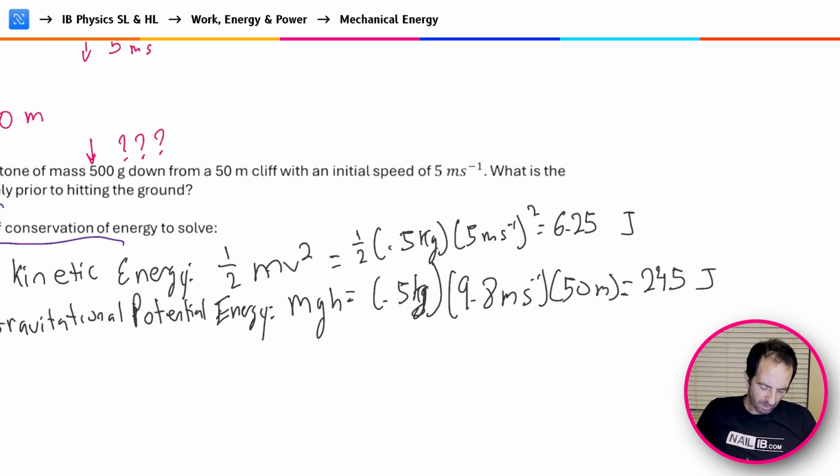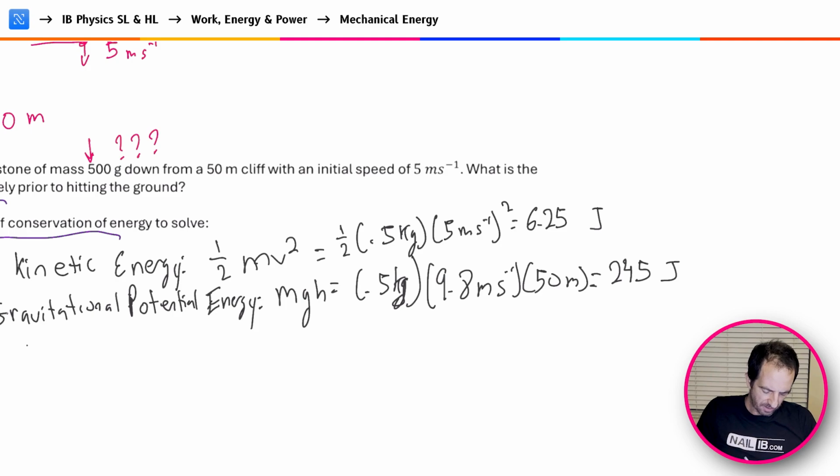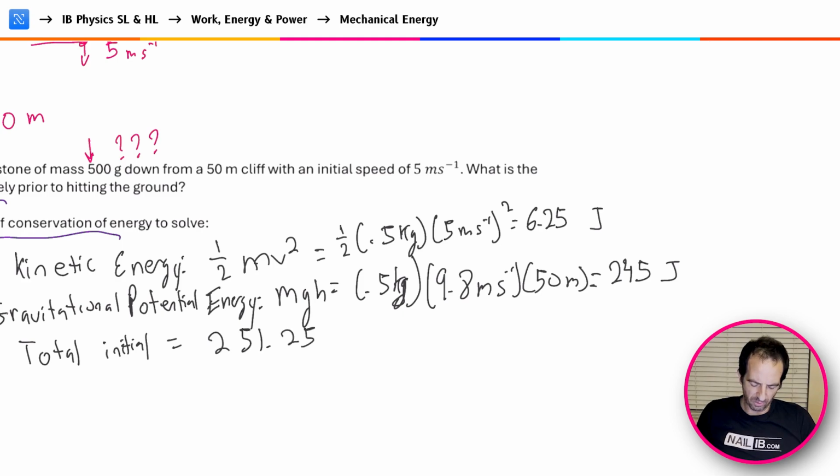And in total, the initial energy will be equal to 245 plus 6.25, which is equal to 251.25 joules. Or I'll round this to 252. Let's just round it to 252 joules. Right, so